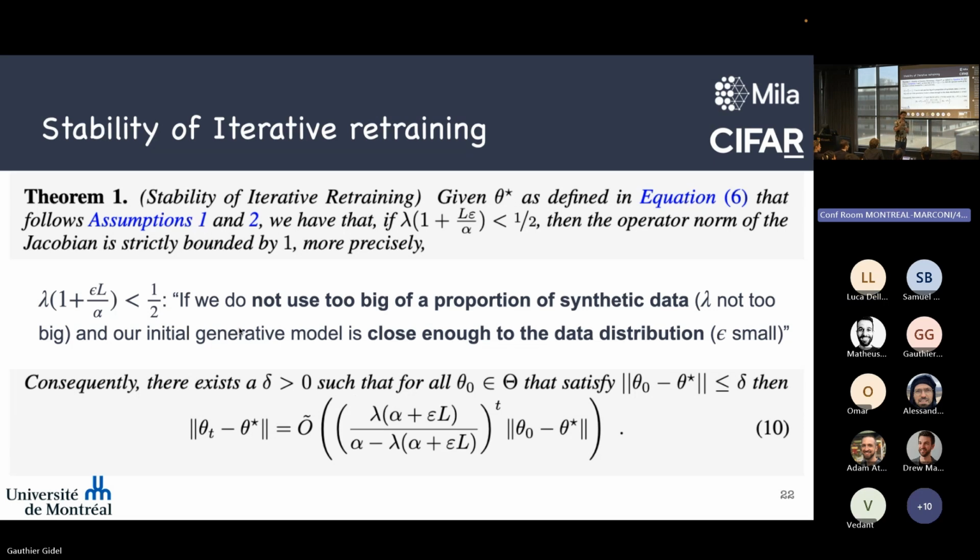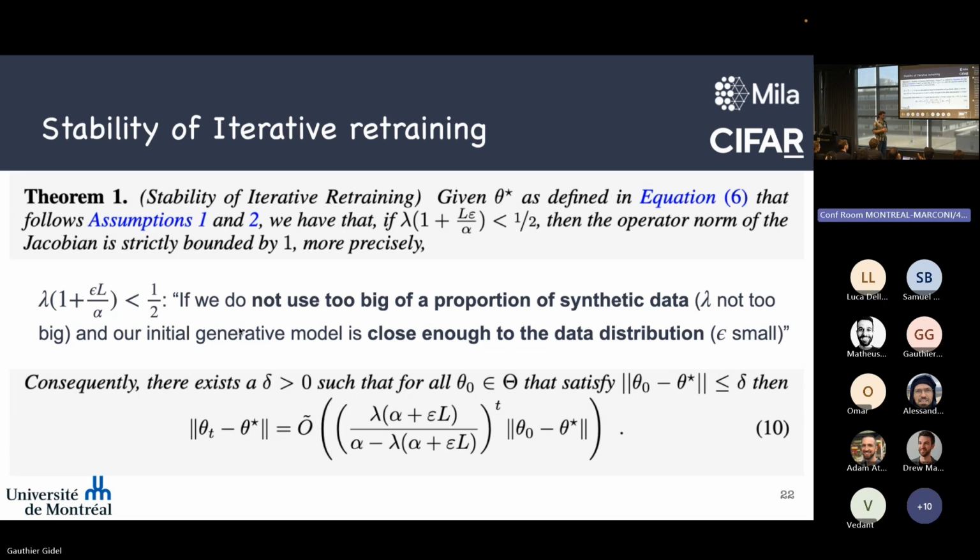Then the question is, as you ask, Yanis, what does it say about practice? And I think it's also connected to the question of Luis. What happens in a case where we don't know lambda? There are a lot of things we don't know in machine learning. We don't know the Lipschitz constant of the gradient, and we try to optimize hyperparameters. So I would say in practice we will not know lambda. There will probably be a way to estimate it.